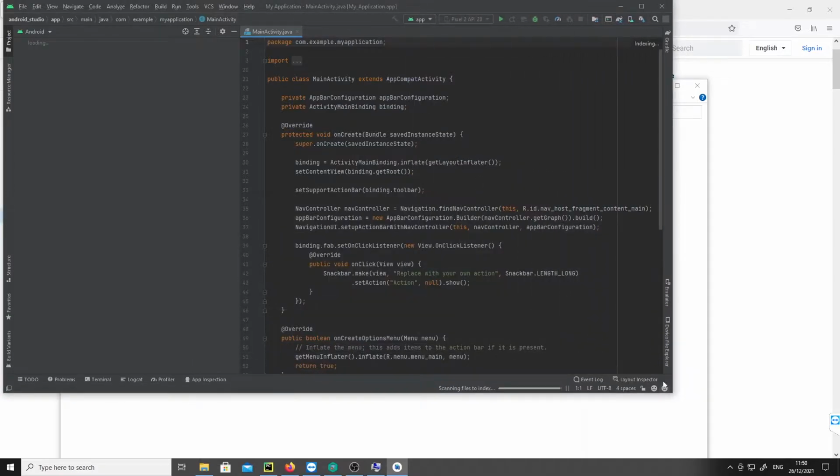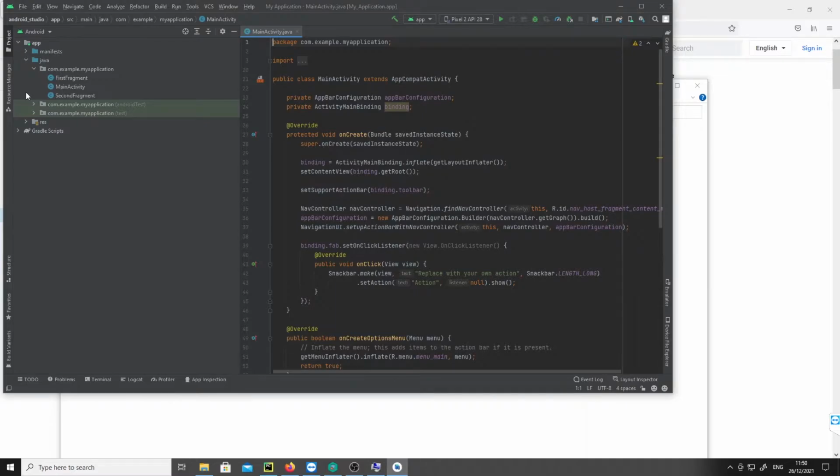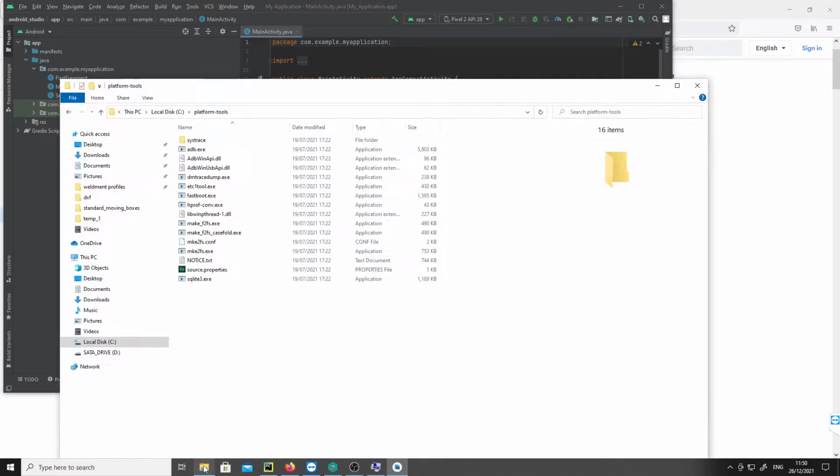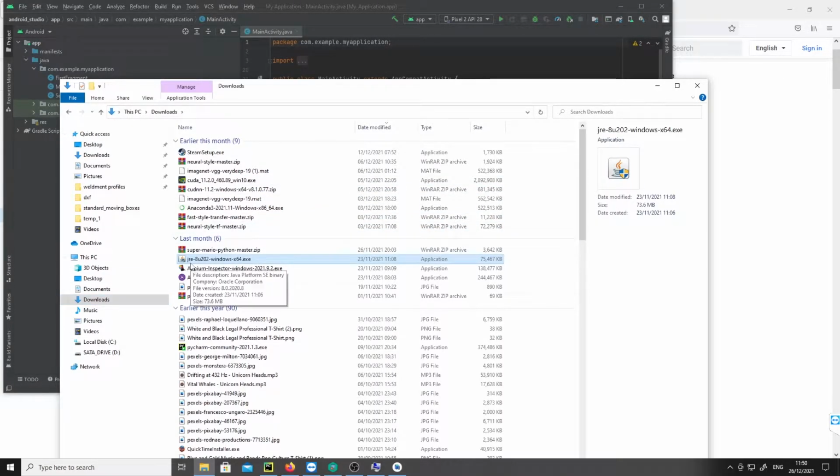Once we have Android Studio open, it won't look like this. It will have a black box with something saying, do you want to open a new project, and so on. AVD Manager will probably be at the bottom, and there's some finicky stuff where you'd need to install a JRE. So you want to get JRE 8, Java 8,